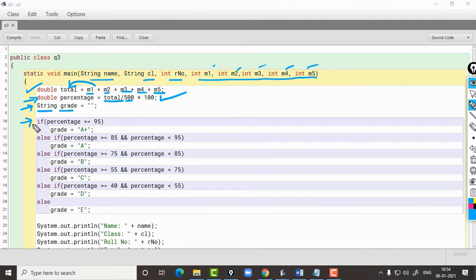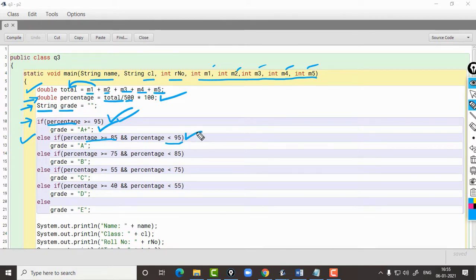So, control comes to line number 10, and the condition here is percentage is greater or equal to 95. If this condition is true, then in grade A plus will be assigned, okay, and if the condition is false on line number 10, then the next condition will be checked, whether percentage is greater or equal to 85 and less than 95.